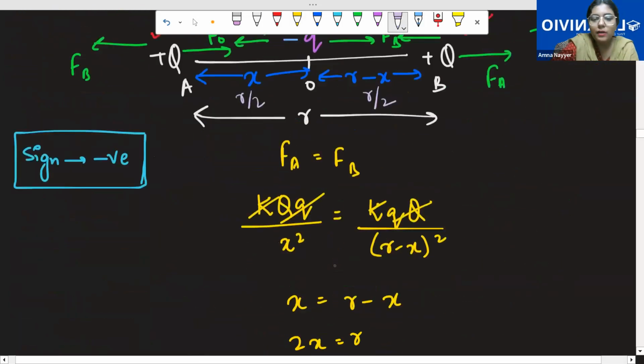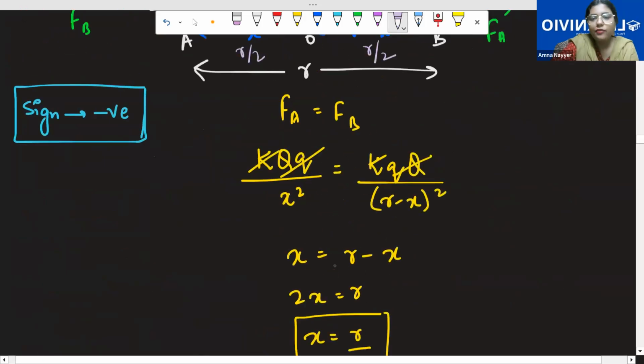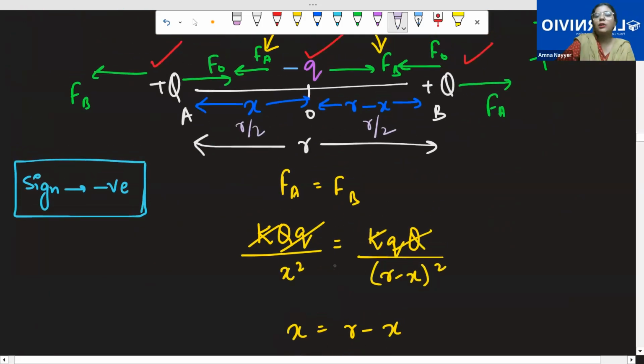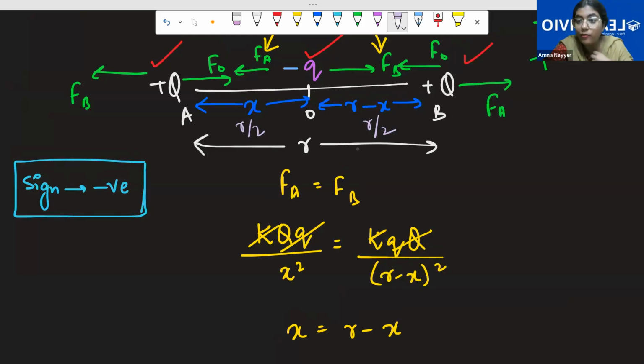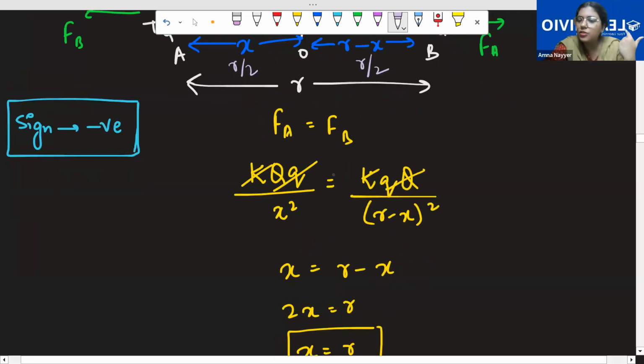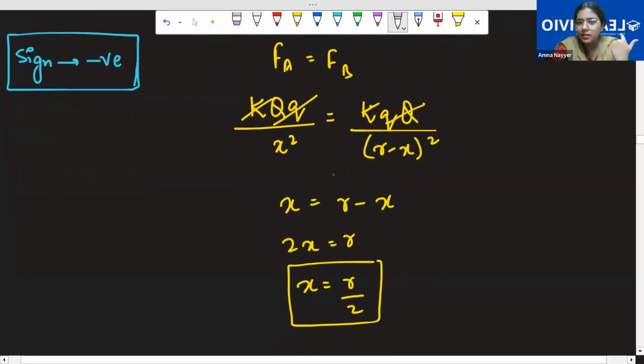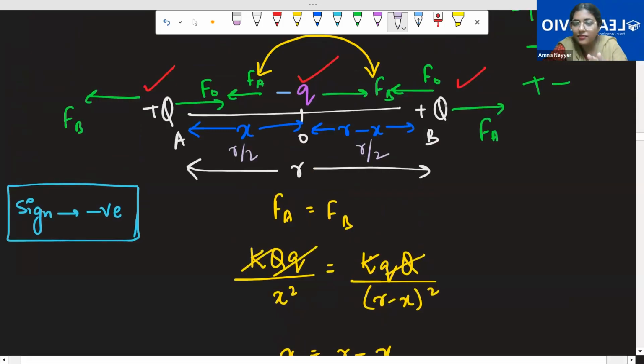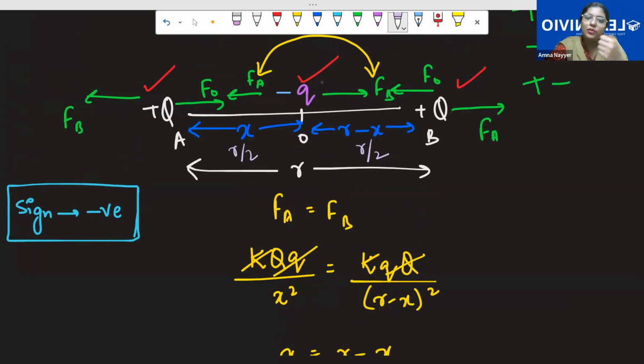Okay, so let's talk about the magnitude, the last part. See, for the magnitude, let's talk about the forces on capital Q. Why capital Q? Why not small q? Because now I want the charges' magnitude. I want the charges to stay. If I take small q, both the sides have equal charges, so charges will be cancelled. If I take capital Q, when I take the net force on capital Q, it will have the force due to small q and the force due to capital Q. So at least the charges can be retained.